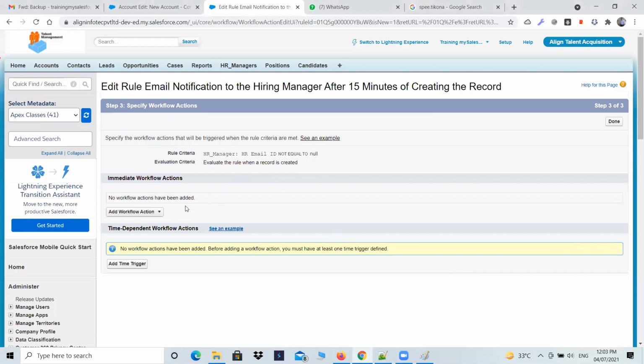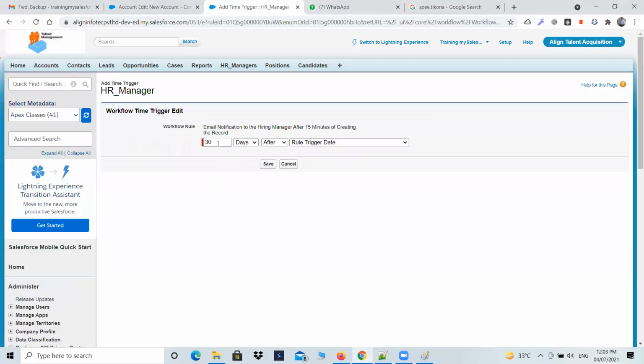Here is where the difficulty will come. You want to add a time dependent action. First of all, create a time dependent action. Okay? So what is the minimum? See, the minimum you can select is 1 hour. Okay, 1 hour. If you go below this, if you want to select 0.5, and